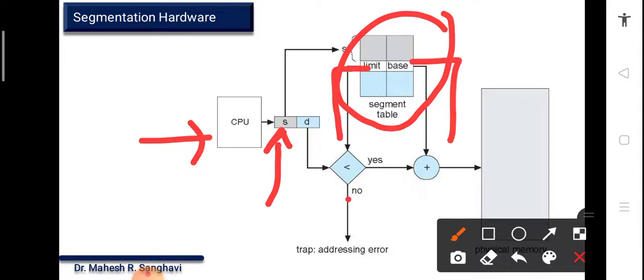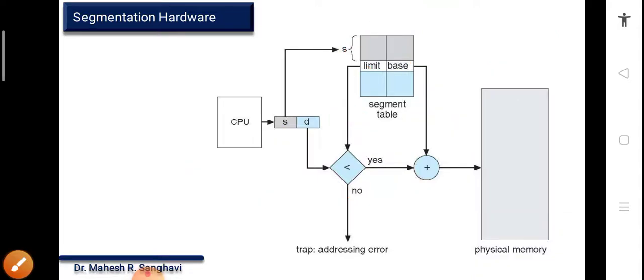If the offset is less than the limit, then there is no problem; you can add that value to the base register and you will get the physical address. So your logical address is converted into the physical address just by adding the base address. What we need to check using the limit is whether that offset is going beyond the limit. If that is the case, then naturally there will be